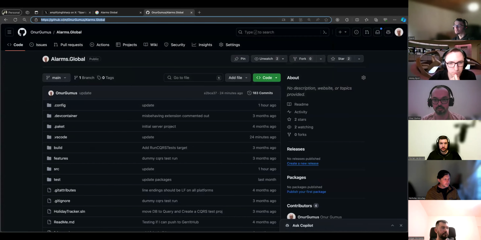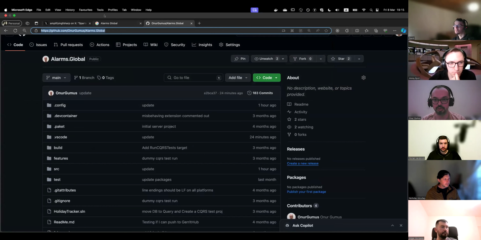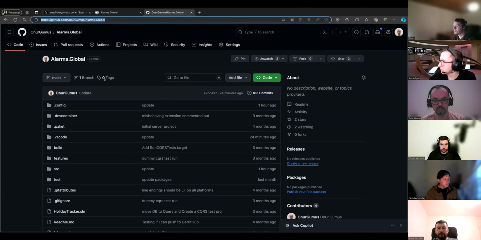Zooming here doesn't matter, but I'm not sure if you can see it. Let me just close this one. You need to go and clone this thing. It's just a simple web application which I was developing as a side project. The content does not matter, but it's using some Fable stuff, and there's some Akka.NET stuff integrated into that. Once you clone it, it's also working. I developed it so that it works under a dev container.